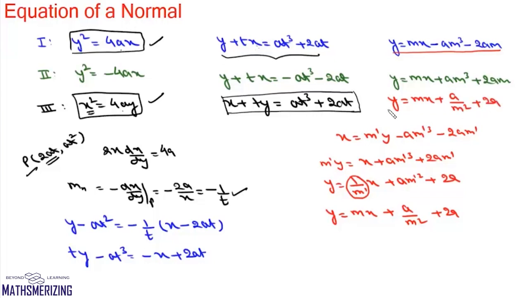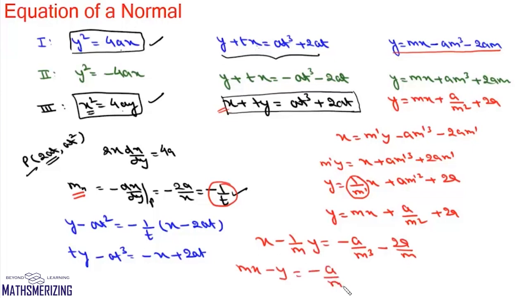Now we can verify this from this equation also. We know that the slope of normal is minus 1 upon t. So we'll put t as minus 1 by m. We can write this equation as x minus 1 by m y equals minus a by m³ minus 2a by m. Now we'll multiply it with m. So we'll write mx minus y minus a upon m² minus 2a. Now we'll rearrange. We can write this as y equals mx plus a by m² plus 2a, which is